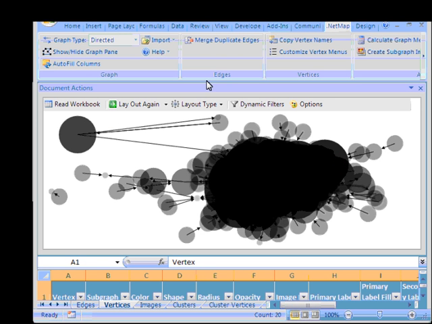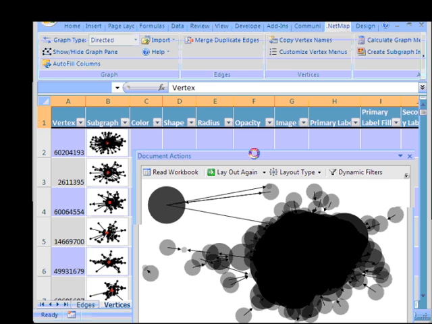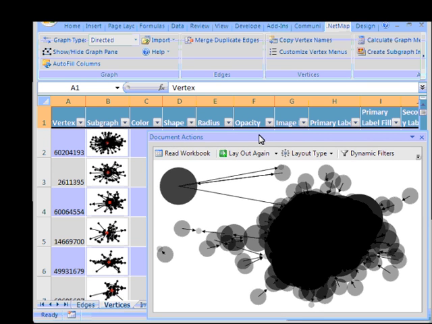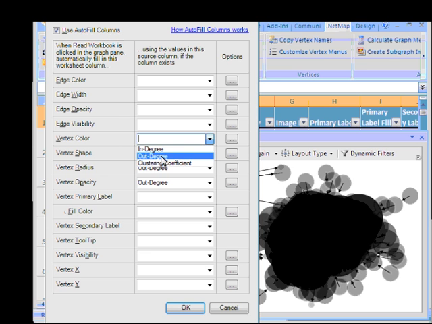One feature of Excel, especially when you're working with very little real estate, we've dialed down the size of the screen here to make it universally visible. It's one of the problems with it. Excel likes to grab that screen and dock it. But let's now use some color, and we'll say that the vertex color is going to also be a function of out degree.